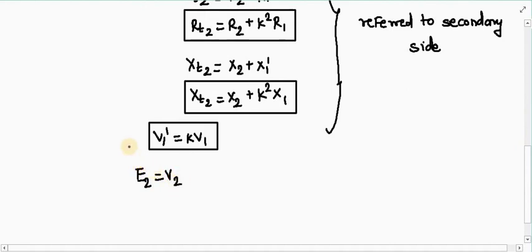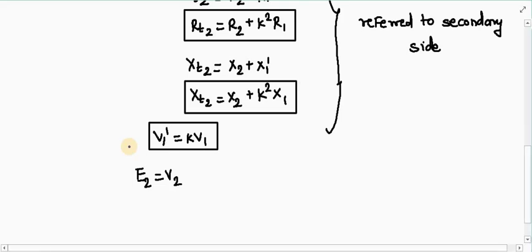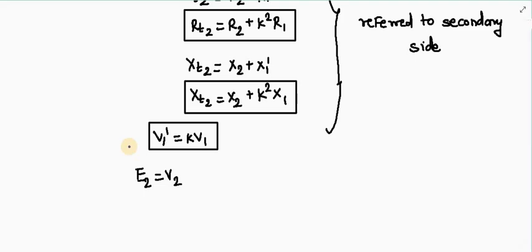But as soon as the transformer starts delivering current to the load, due to the internal voltage drop caused by the combined effect of the impedances of the primary and secondary windings, the secondary terminal voltage starts falling, right? Why? Because